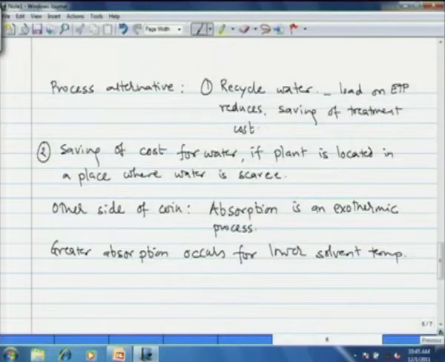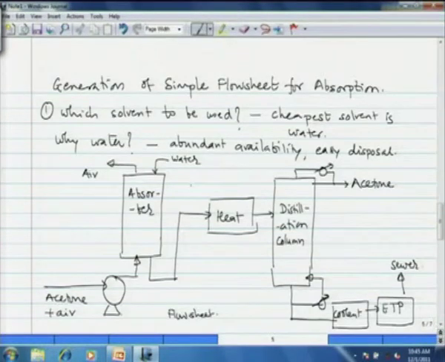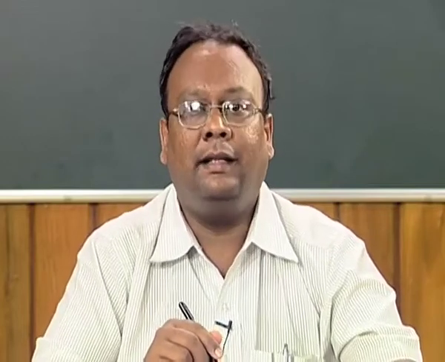In case where water is being fed fresh continuously, as you see in this flow sheet, the flow sheet without recycling of water, the water that may come in will be at much lower temperature. Suppose it is, let us say, drawn from a bore well in the process plant area. Then that water could be at 77 degrees Fahrenheit, and then the extent of absorption that will occur in this water will be higher.